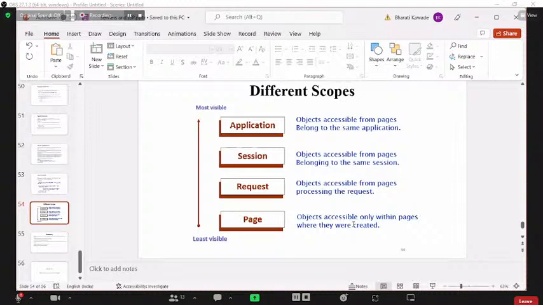Suppose multiple pages are there in any web-based application or website related project you are doing, where you have multiple pages communicating with each other, or those pages are redirecting from one page to another page. In that case, you will be accessing those through the request processing. Then the next scope is session. These objects will be accessible from pages belonging to the same session. Same session means if you have